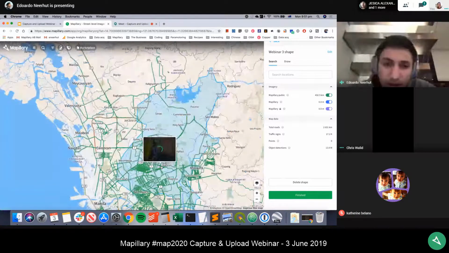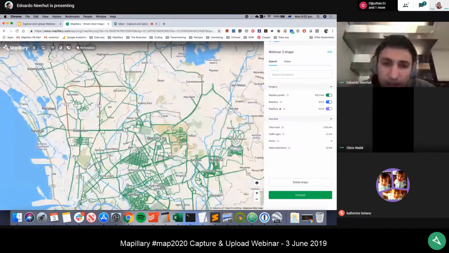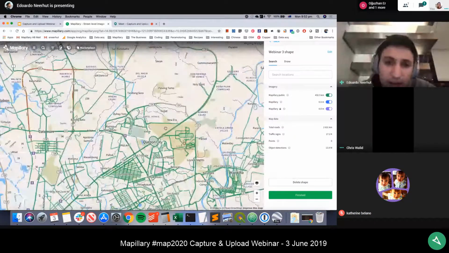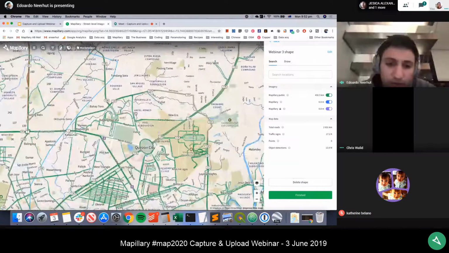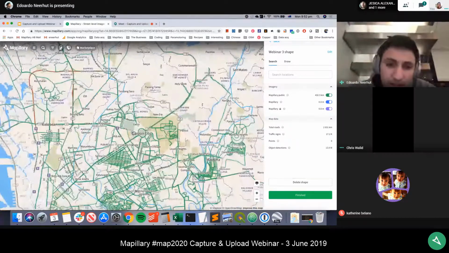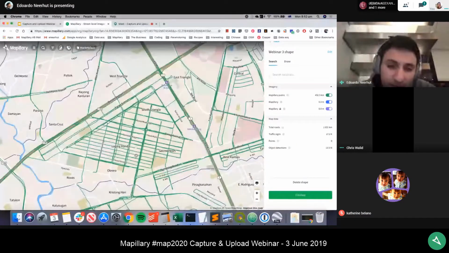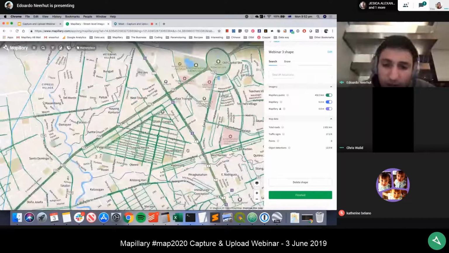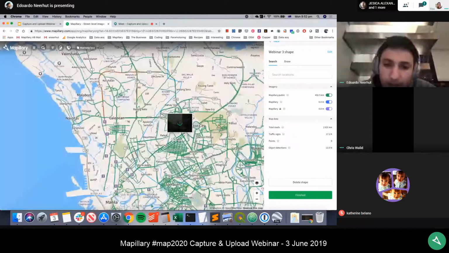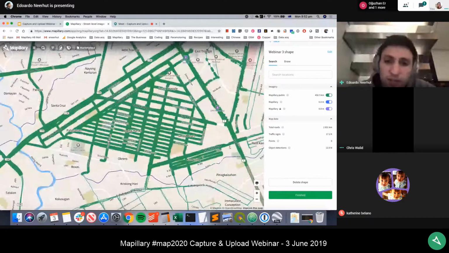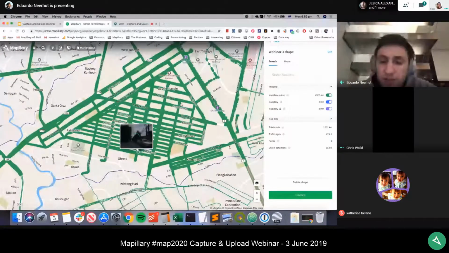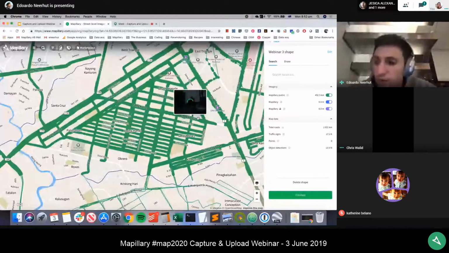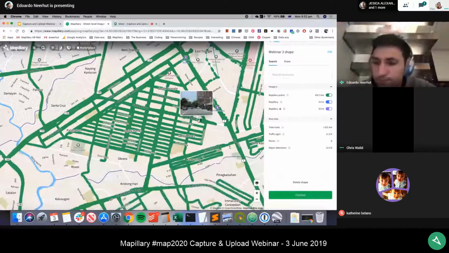But for this project, we're going to be encouraging pretty small areas, because as we said at the beginning, it's much better to have a small area that you can complete to 100%. Something like this, you can see they've captured every road in the city, in this area. It's better to do this rather than try and do the whole Quezon City and miss a lot of roads. Because if you focus on an area like this and you know that you've captured every street, then we can derive map data in that area and know that we're getting a pretty good reflection of the situation on the ground there.